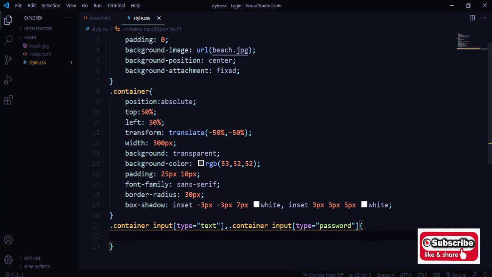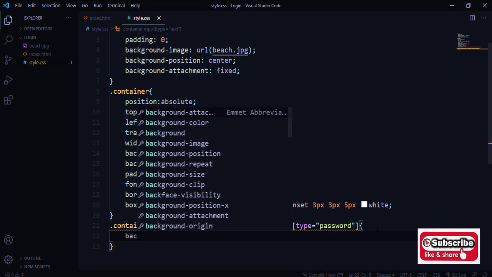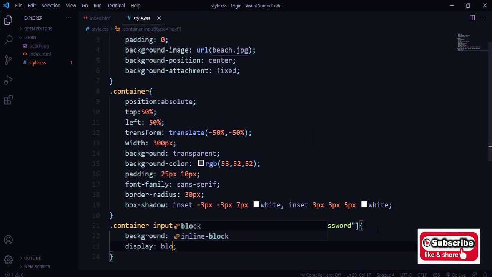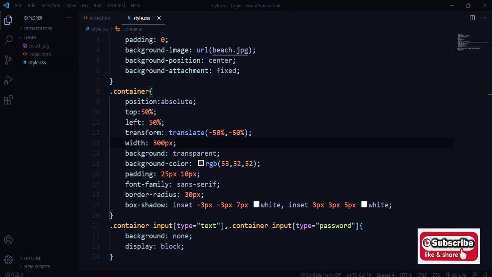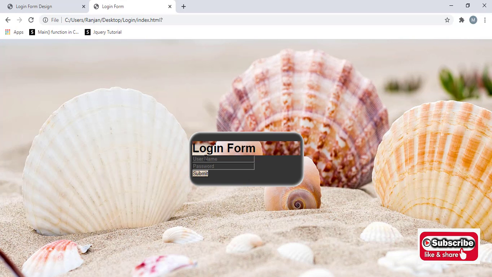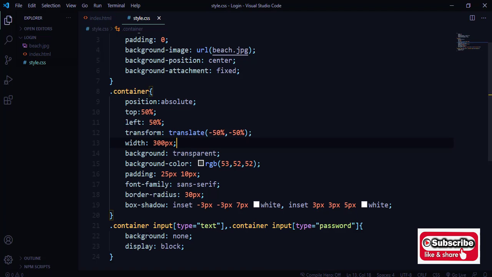I'm going to set the background color. Maybe background, I want them to be none initially. Then I'm going to use the property name called display as block. So what is going to happen? You will see them here. I remove the background color as well as I want them to be displayed in a block. So let me refresh. Now each of these things are displaying in a separate line